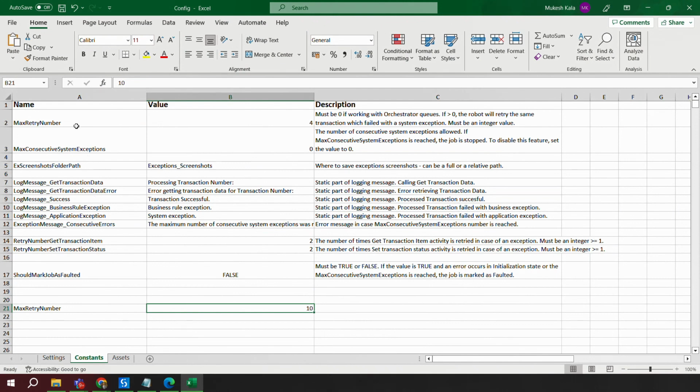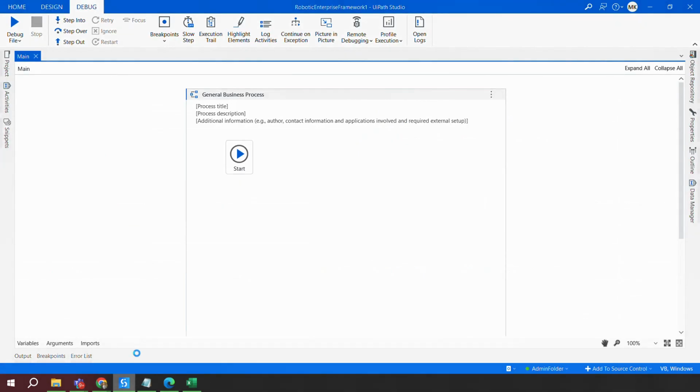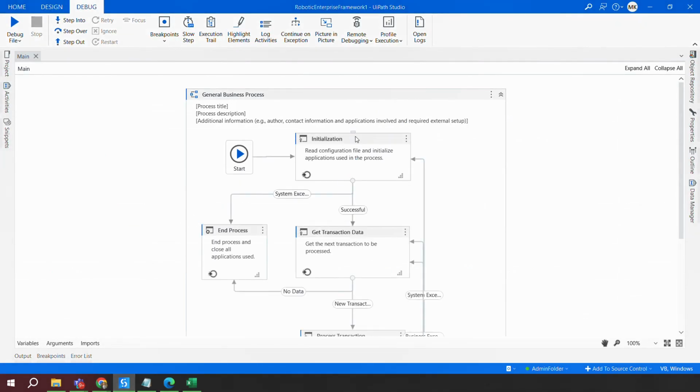So in my Excel, if I put here max retry and max retry with a space, it might look the same, but these are two different keys. And that is why, when the RE framework is using that,